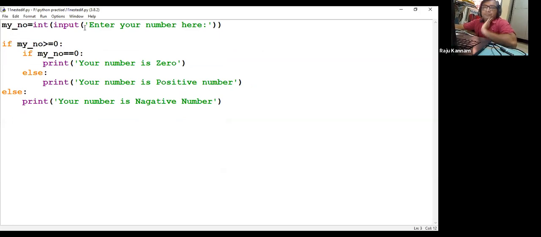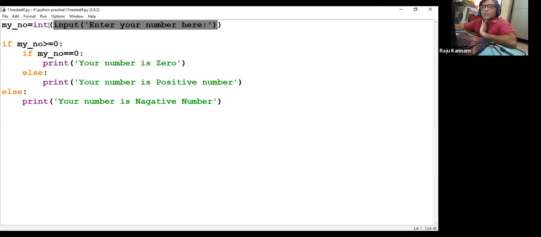So here I'm taking one number, enter your number. I'm taking input from the console, that means dynamically I'm taking the input. When I execute the program, it will ask me to enter the number. That number will be converted into an integer, because generally the numbers we enter from the keyboard are considered as strings, right?